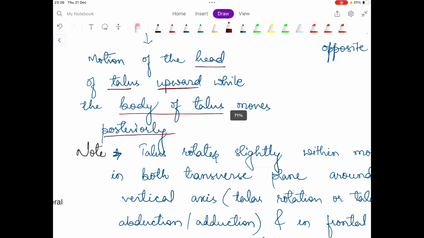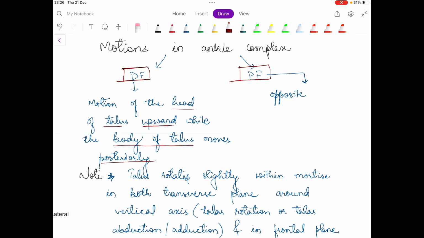Very important point. Okay, but what's happening in plantar flexion is a completely opposite movement. For example, in plantar flexion, the head of the talus moves in the downward direction, while the body of the talus moves in the